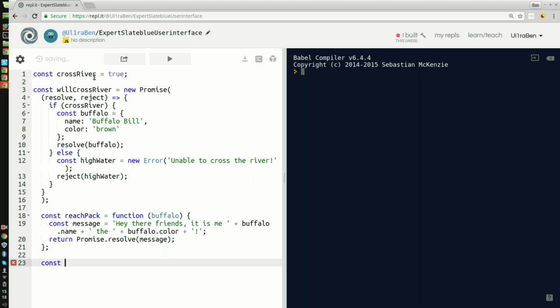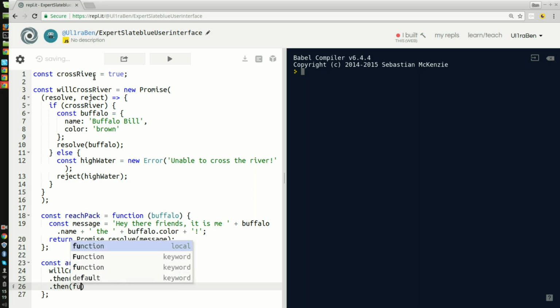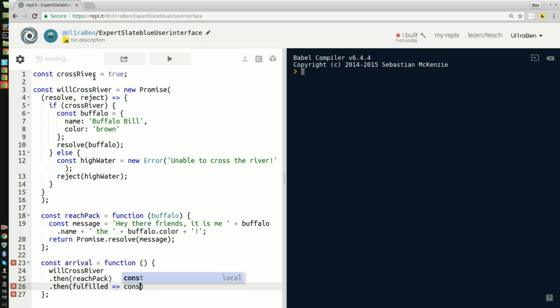And lastly, we're going to create a new function called arrival with no parameter. First, we want the will cross river promise to start, and then we want the reach pack. After that, if the function is fulfilled, then we would like to have a console log of fulfilled. If the buffalo is unable to pass, then we'll catch an error,